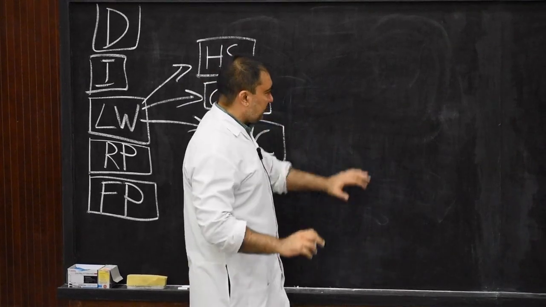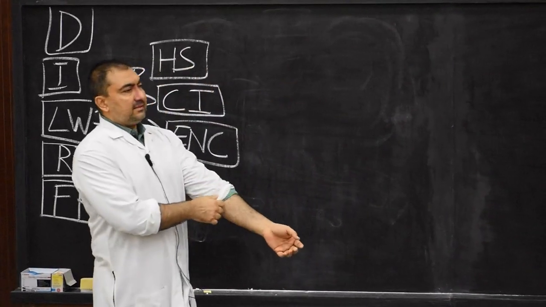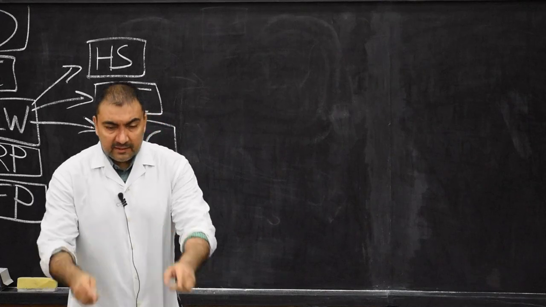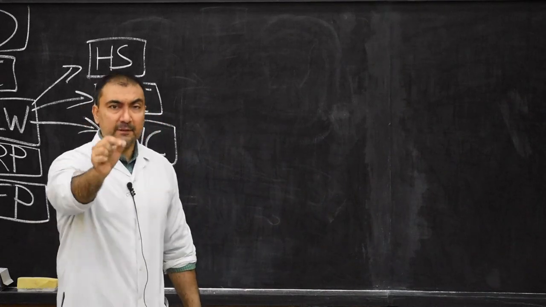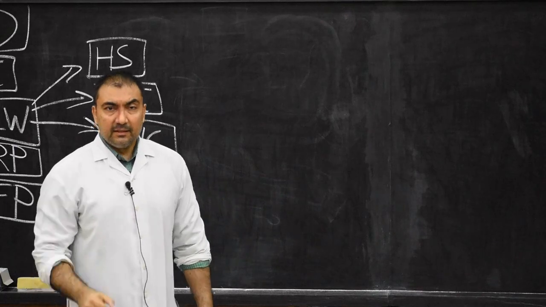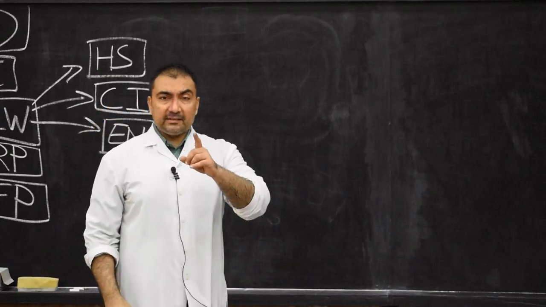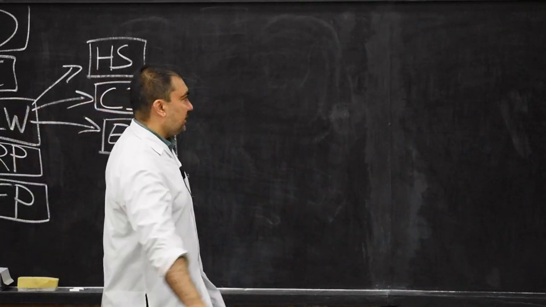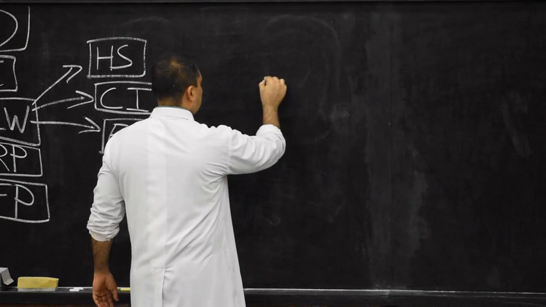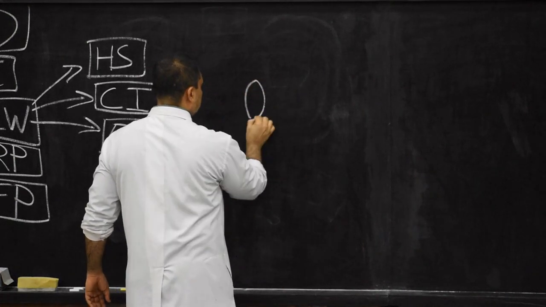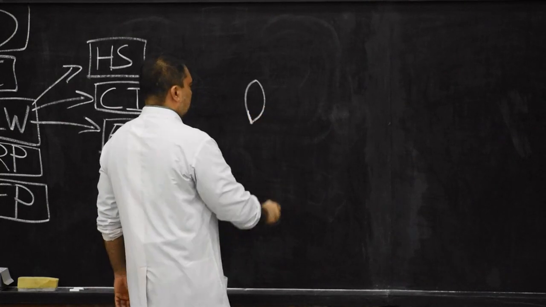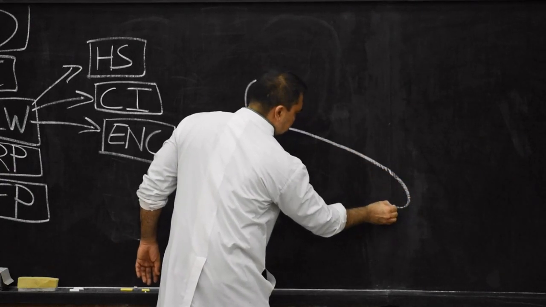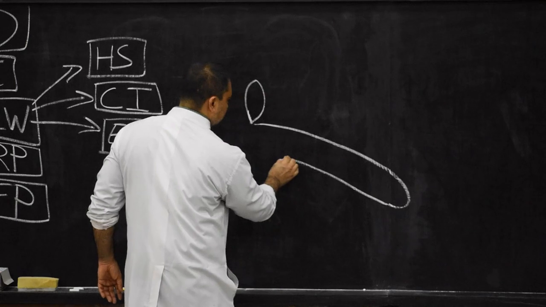So therefore here we will start. In the hypothalamic sulcus, the first point is that the entire lateral wall of the diencephalon will develop in such a way that there will be first development of the hypothalamic sulcus. Second important point, this hypothalamic sulcus will extend from the interventricular foramen anteriorly to the cerebral aqueduct posteriorly. So at this level, I will make here the interventricular foramen. Then I will show here the hypothalamic sulcus.